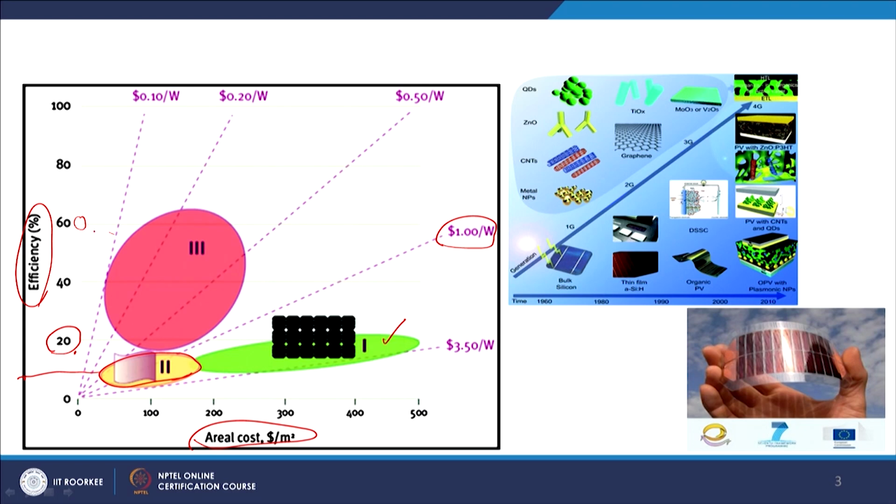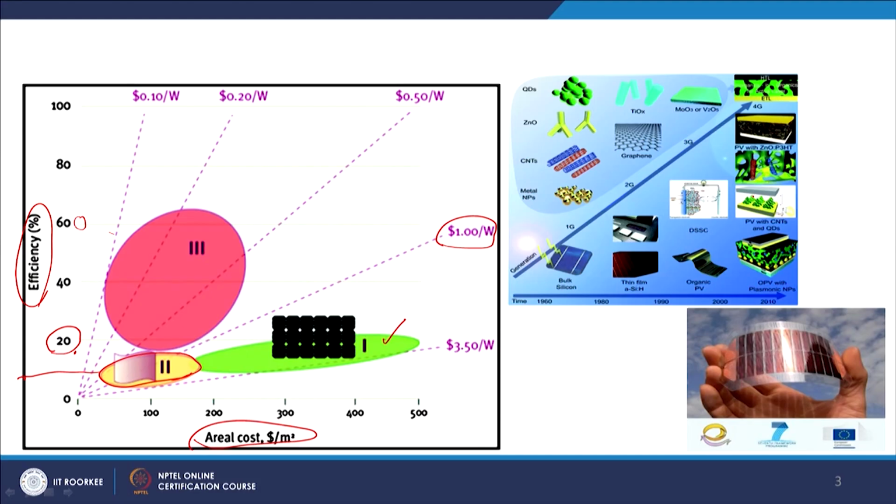The cost per watt produced has been reduced significantly in comparison to the first generation and second generation solar cells. At the same time, efficiency increased from roughly 15% to as high as 60%. Now, all these changes in the efficiency of the solar cell were paved by the discovery of new materials. As you all know, we are living in an age of materials, and the discovery of new materials has always led to new technology.